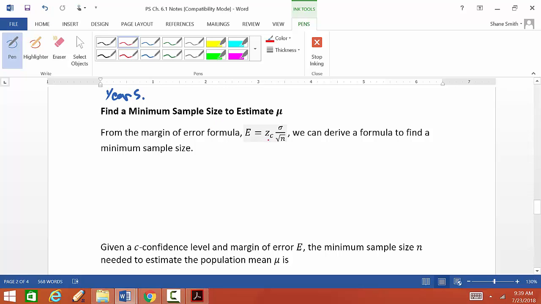Basically they'll say, I want my confidence level to be something, I know my population standard deviation is around this, and I want my margin of error to be this. So basically we're going to solve for n. What is n? How much data do I need to be accurate? So what we can do is take this formula